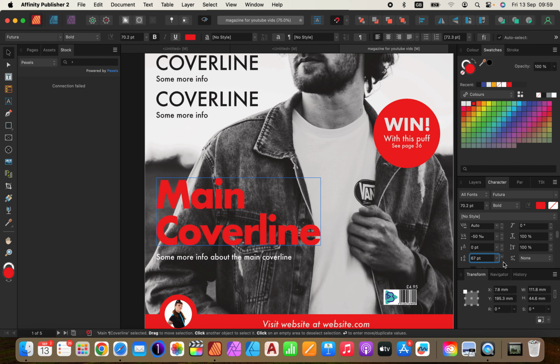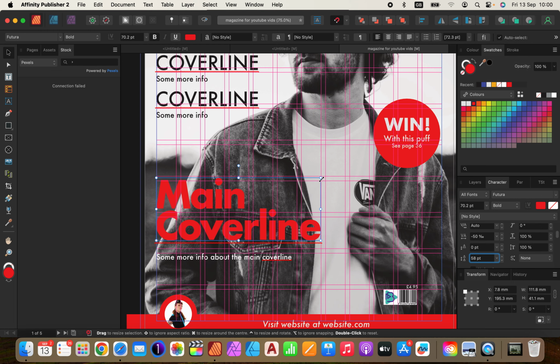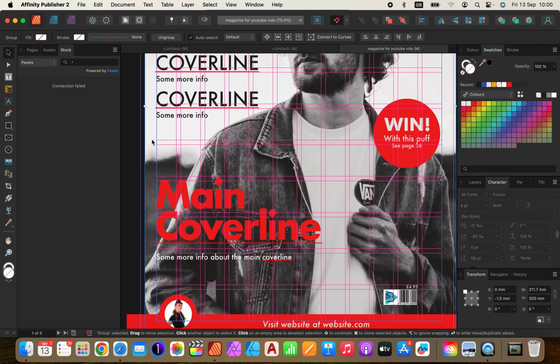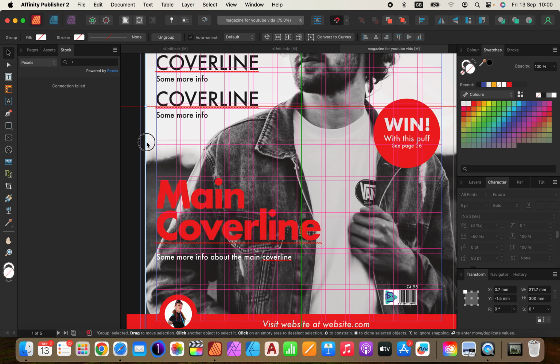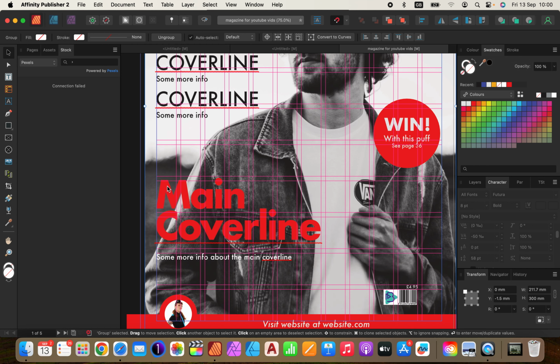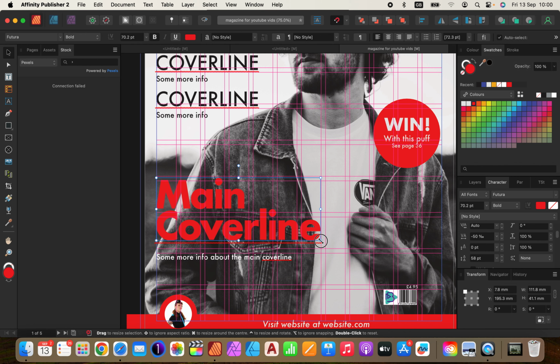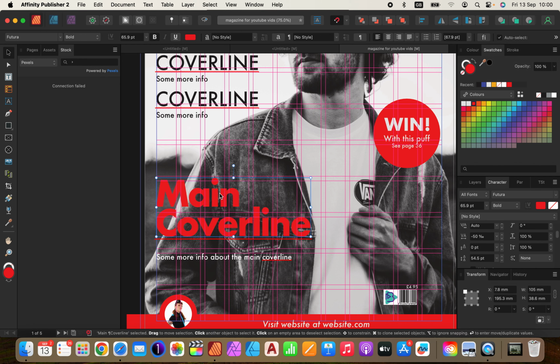Okay, so I'm going to bring mine down until I get it to where I want it to be, which is probably 58. Okay, again, these are little tweaks, but they can be something that makes that big difference. So again, what I'm thinking about here is, can I, instead of having to move that, you can see I've got a little bit of space on my image. No, I haven't, so I can't move my image a little more. So I'm going to have to make this just slightly smaller, just because I want my text to be on his jacket there. Okay, and again, I'm just going to move this here,